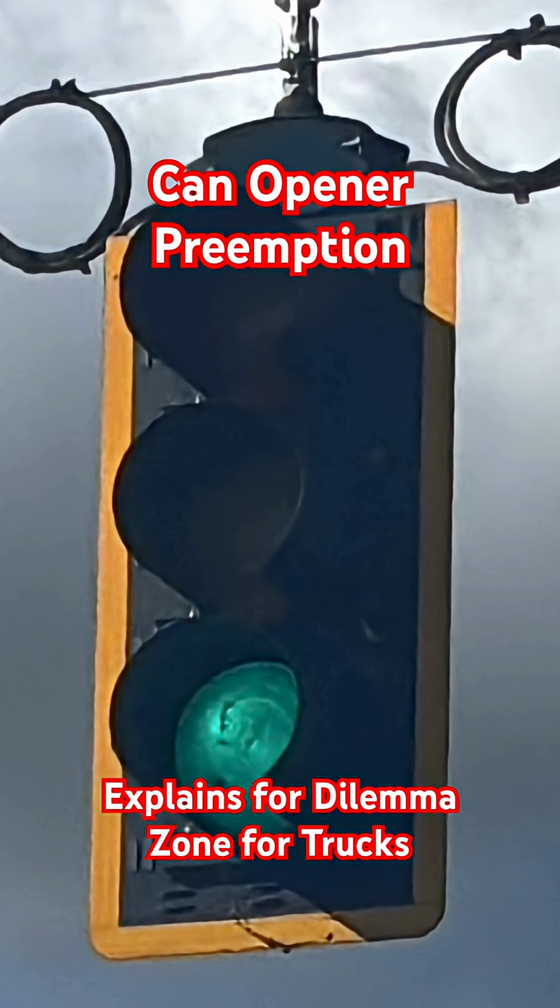When the overheight vehicle triggers the system and the light for the driver turns from green to yellow before turning red for the overheight must-turn phase, if the yellow is too short, a truck driver who is at a certain distance from the intersection, the dilemma zone, has two unsafe options. 1. Slam the brakes, risk an extremely hard stop, jackknifing, or a rear-end collision from a following vehicle. 2. Accelerate through. Run the red light in an attempt to clear the intersection, which leads directly to the bridge with the flashing